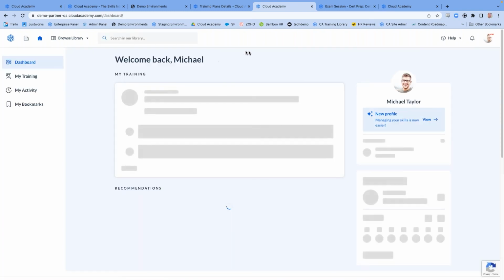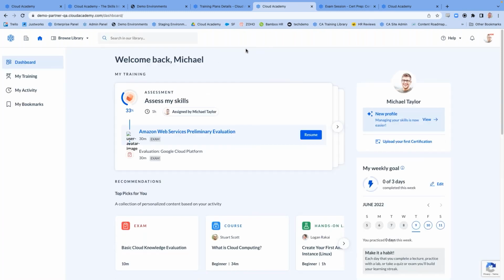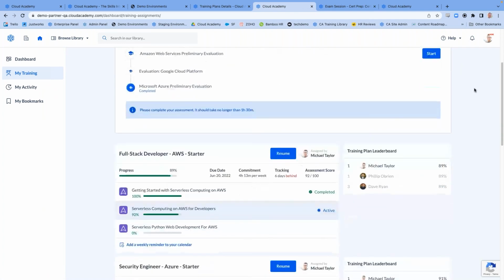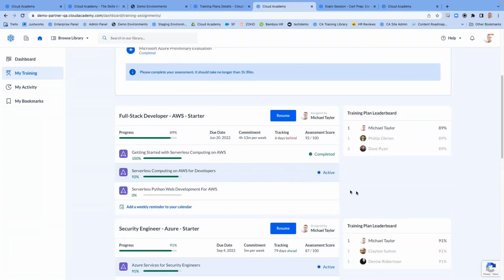The process we walked through was actually the manager or administrator assigning training following that baseline assessment. However, if Michael here has his own ambition and drive to get promoted to that level 2 data engineer role, underneath the My Training tab, the end user can absolutely customize and self-assign training. As a side note, in case gamification is important to you, in addition to providing more details to the training being consumed, there is a training plan leaderboard where team members can keep track of how quickly they are progressing against this training plan.